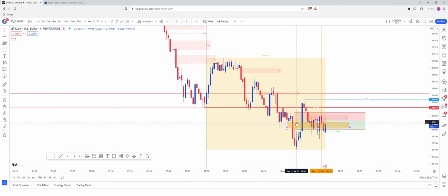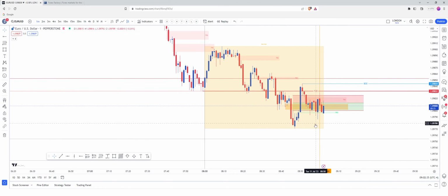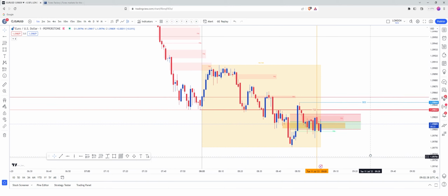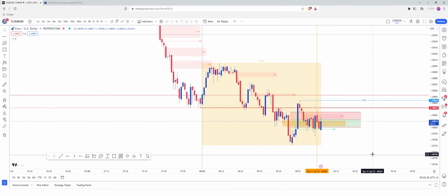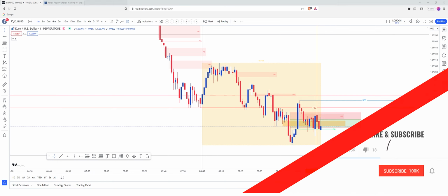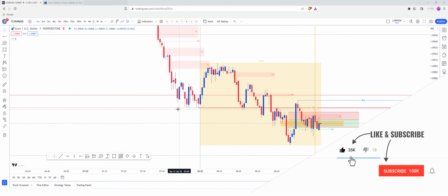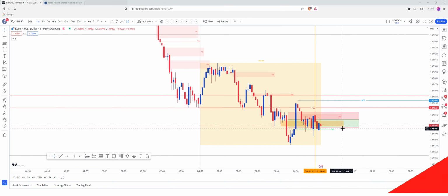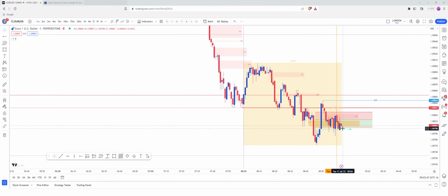At the moment we've broken below the 50% of the fair value gap, which is not a particularly good sign. We're expecting the 50% to come down, so we could just sweep this and come down for that new week opening gap here. We're going to need some kind of confirmation to take a long position. As this stands, it looks quite bearish to me, if I'm honest.